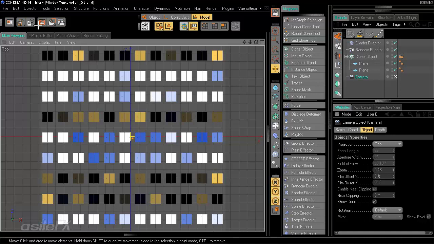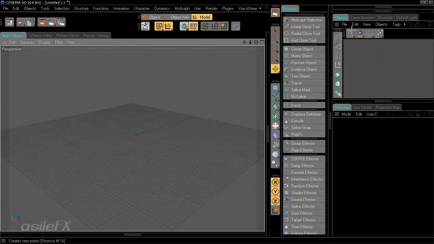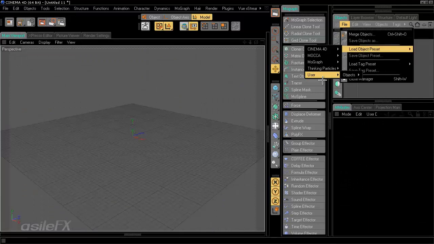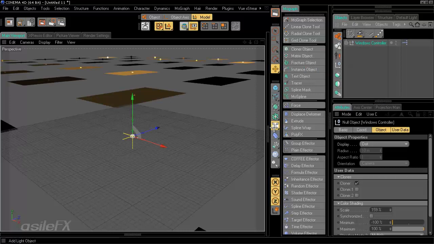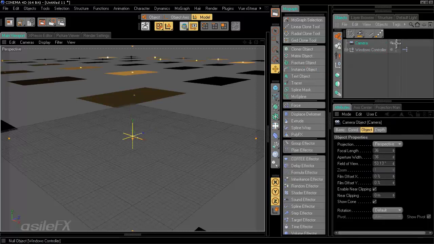And I do have this as a user object preset, so I'm going to create a new scene and load in my window controller. And I just need to add in camera, set it to the top view,